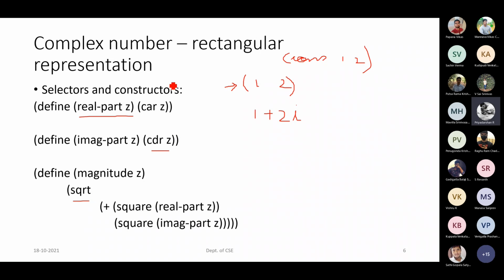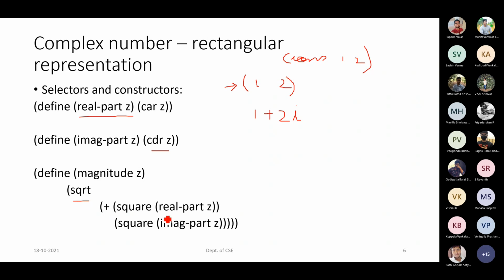Okay. So if it is in the rectangular form and you have to go ahead with the multiplication or division operation, then what do we do? We have to calculate the magnitude. So we have to apply the formula for it. The formula we have is square root of x square plus y square. So we use the square root procedure which we defined in the initial classes. The square root procedure accepts a single argument as a value. So we have to pass only a single value, which is nothing but x square plus y square.